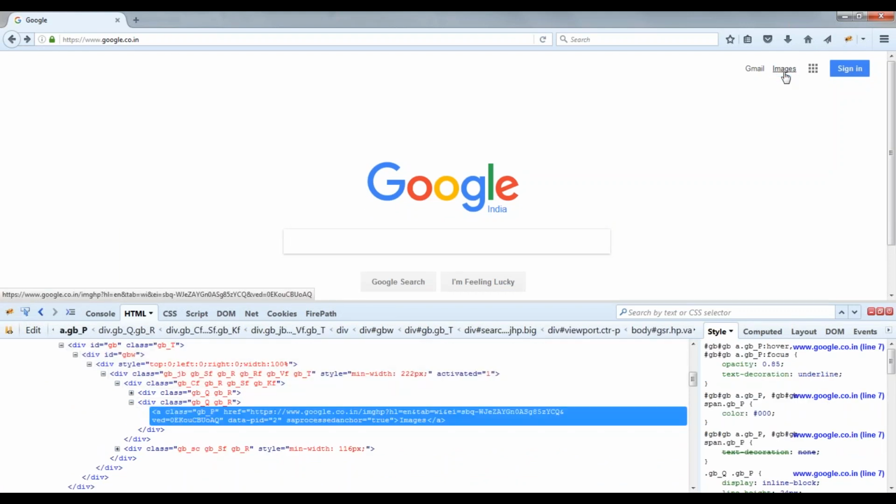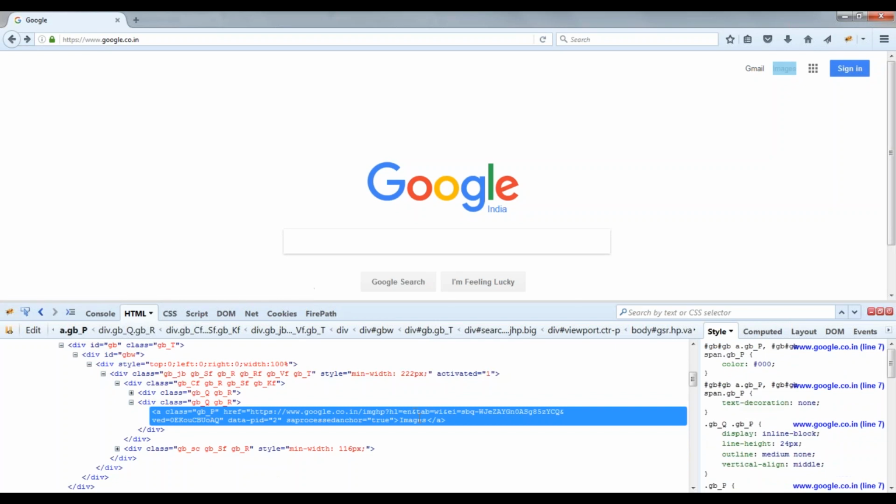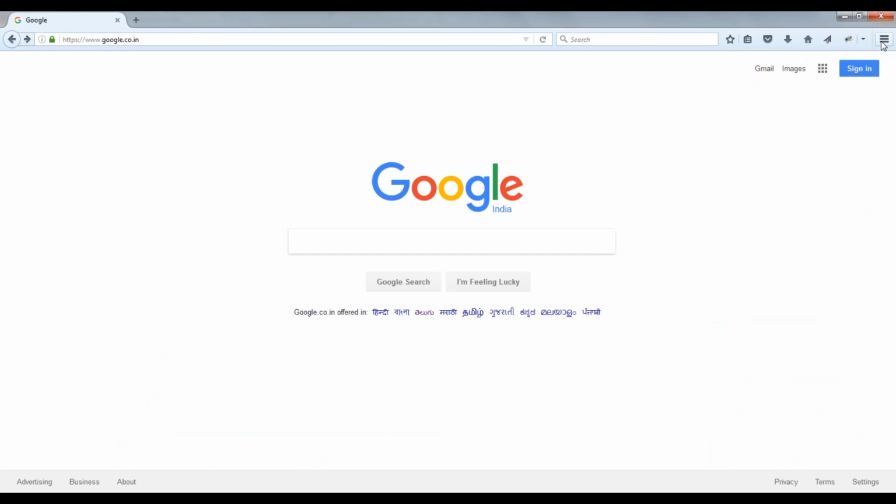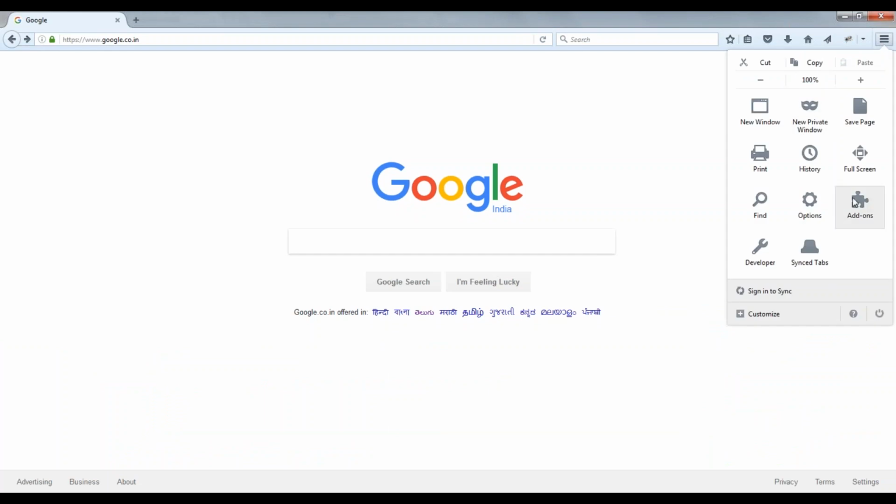If you want to identify these images or links, it will take you to that particular link. So this is the text of that particular element. You can see here every element has an open brace, and then the element is closed with a forward slash and the tag name. Between that, if you have any text, that is the text of the element. In the case of links, you have that text here, right? So that should also be very clear. So how will you install this Firebug? Go to your add-ons.